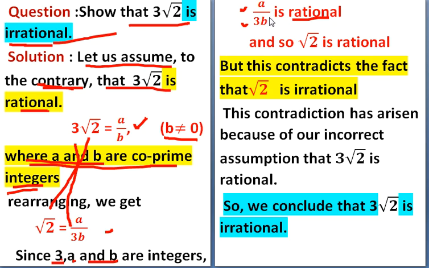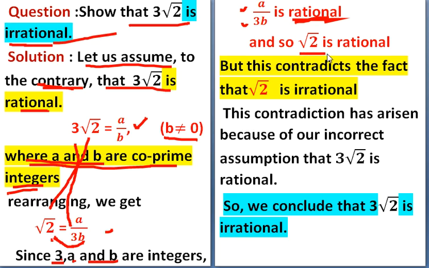And if a by 3b is rational, and this a by 3b is equal to root 2,